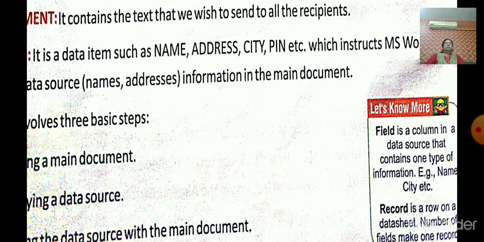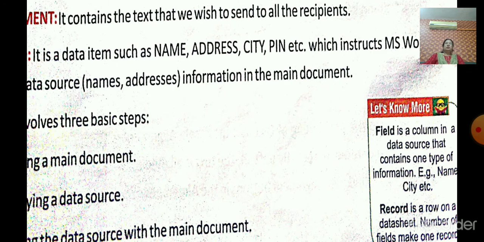Data source means the recipient addresses, those whom you want to send to multiple people. Those addresses you have to add. And the third step, after creating the main document and data source, is merging the data source with the main document.